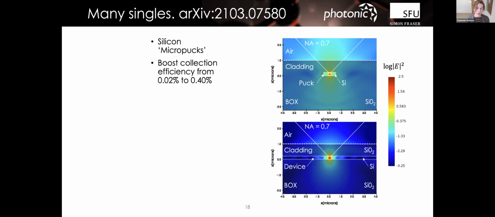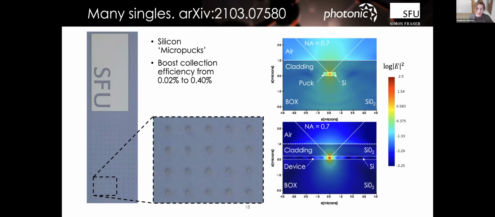So what we did is once we were able to create, because it wasn't clear, right? When you start and you make an ensemble of these things, you make, I don't know, billions of these centers, and you're measuring all of them together. It's unclear if you can make them with high densities in an integrated photonics material. So fortunately, we were able to do so, so much so that we were able to go and identify a couple tens of thousands of them.